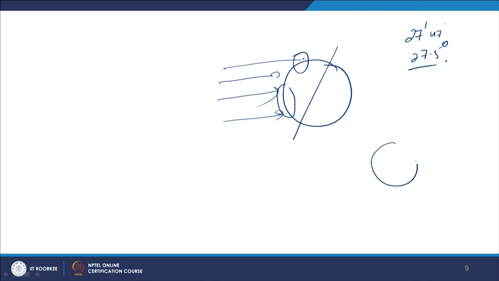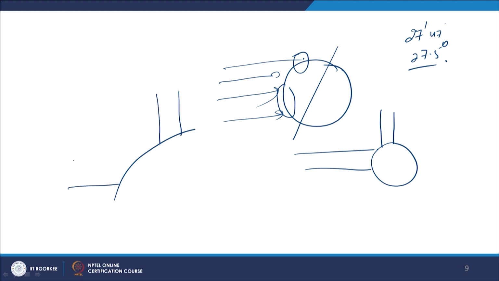For example, if you take a torch, and a beam of the torch is coming from this side onto the earth surface, and another beam is coming like this, it is covering more area because it is oblique, but the energy intensity will reduce, whereas here the energy intensity will be high. So the part of the earth which is inclined towards the sun, suppose sun rays are coming from this direction and the axis of the earth is like this, this part the radiation will be high and this part the radiation will be less.